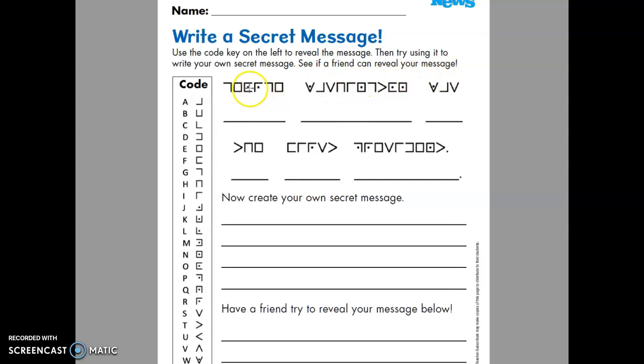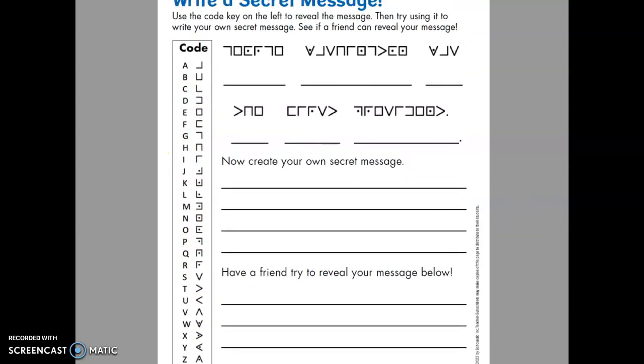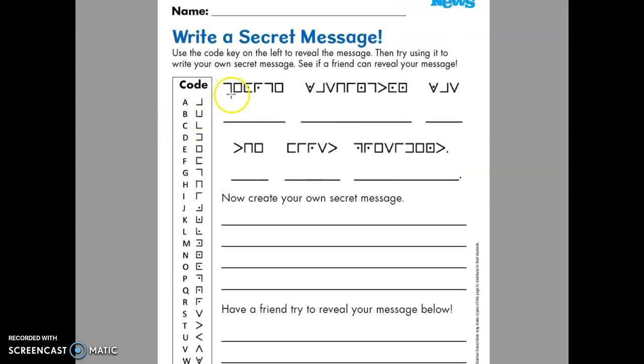I'm very excited. Okay, so here's the code. Each letter refers to a symbol. So A is this backwards L thing. This B looks like a squared off U, etc. And there's all the way down. Okay? And you're going to match the picture to the letter, and you're going to write the letter underneath on